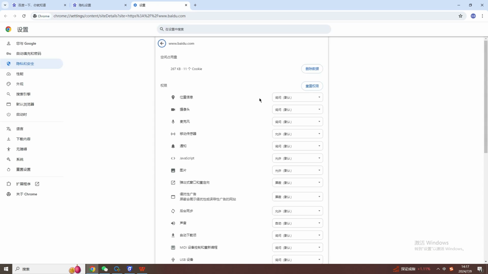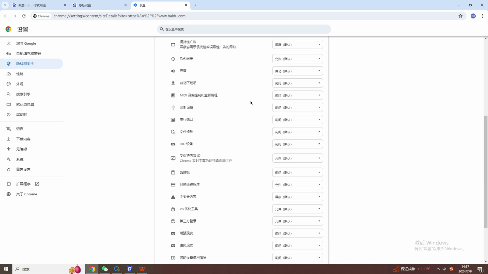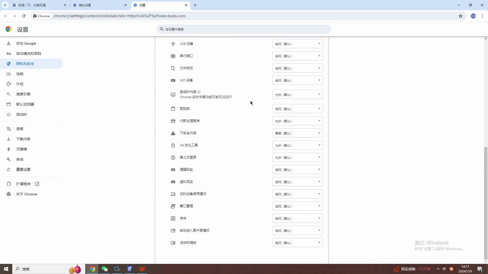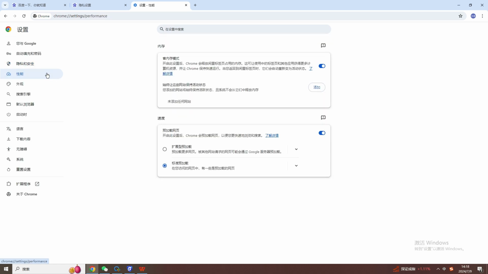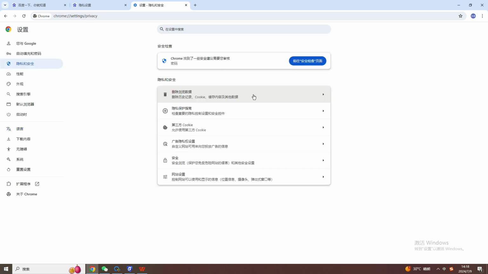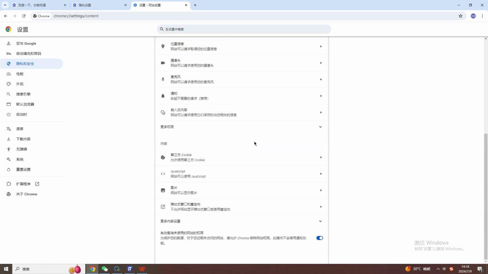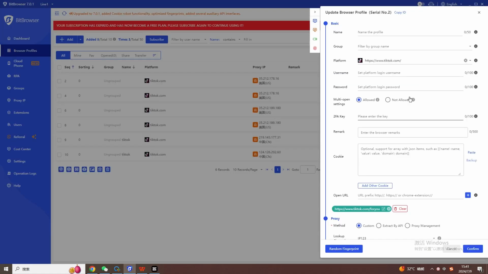In other words, the browser fingerprint can effectively determine the uniqueness of the browser. For regular browsers such as Chrome and Firefox, they have an almost fixed fingerprint information. They are almost fixed because browser fingerprints rely heavily on hardware information, and your computer hardware information is almost fixed, so the fingerprint information of regular browsers is also fixed. It is precisely because the fingerprint information of regular browsers is fixed that judging the uniqueness of the browser based on the fingerprint information, and then judging the uniqueness of the user behind the browser, has now become a common